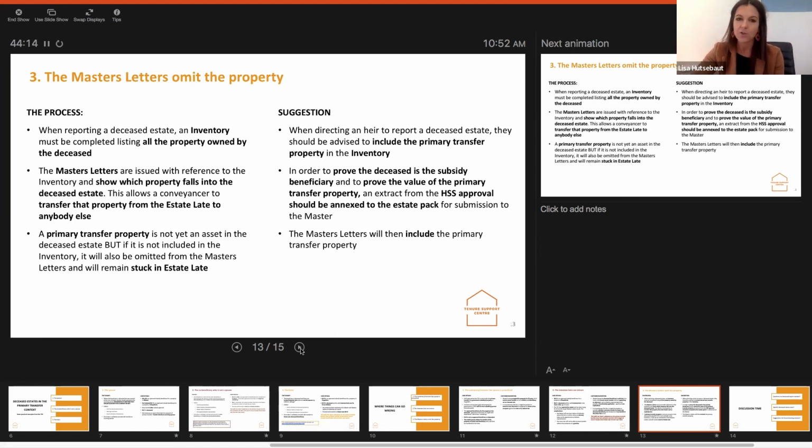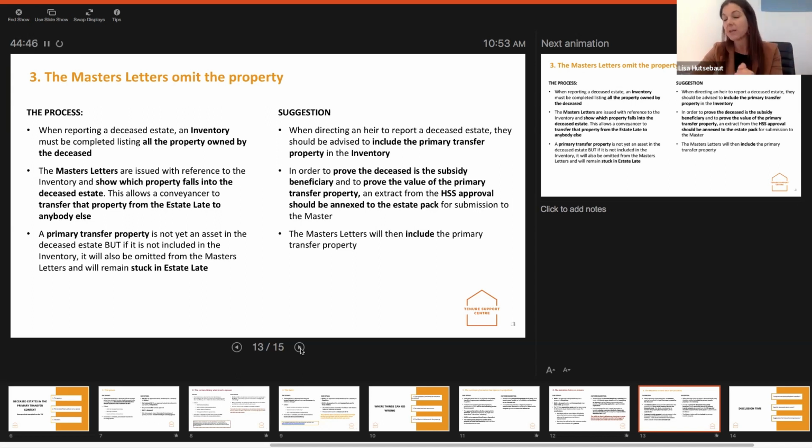So what we suggest you do is print an extract from HSS for them showing Mr. N was approved a subsidy for property 12345 Kailicha, and its value is 84,000 Rand, which is essentially the subsidy value. And give the beneficiary or the family that printout to take with them. They will need to annex it to the inventory to show the master, okay, my deceased is entitled to this